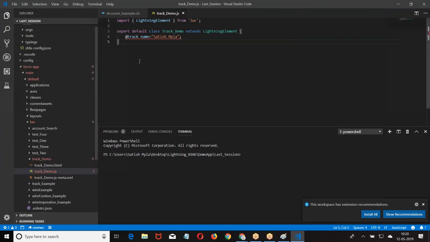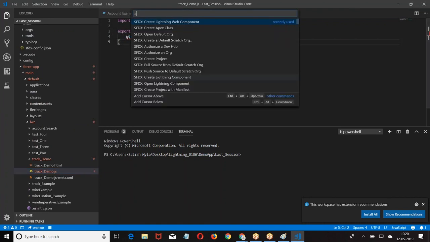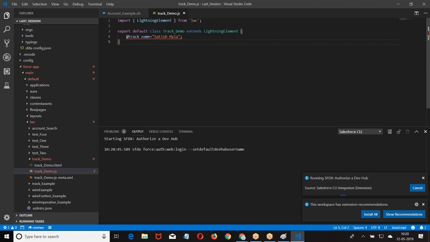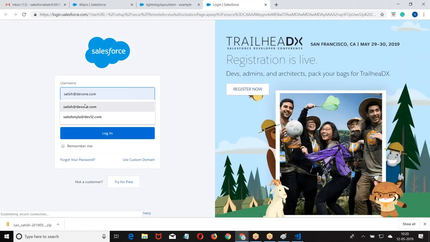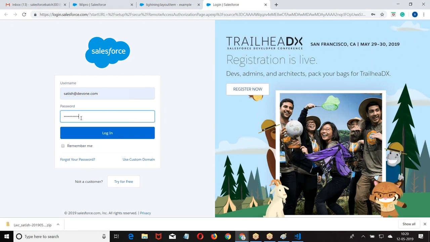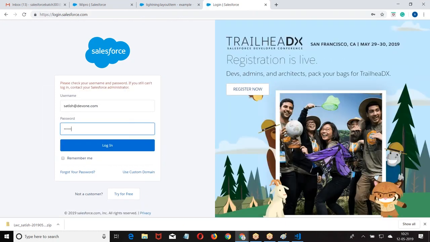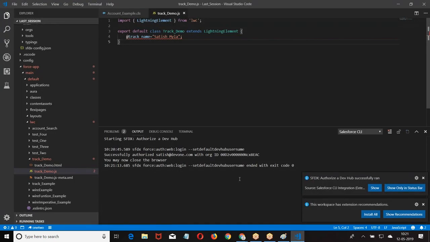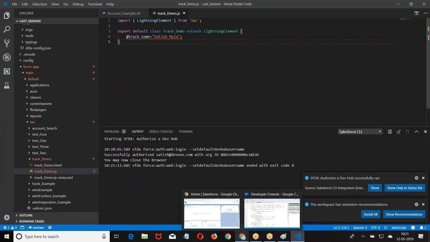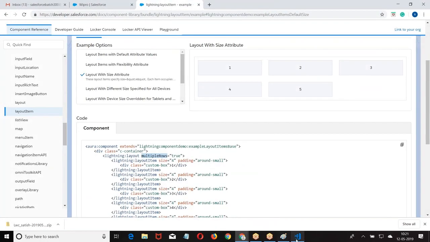I'm just connecting back to my Dev Hub. Now I was connected to my code.